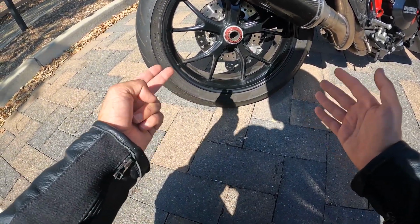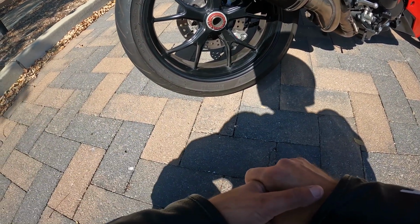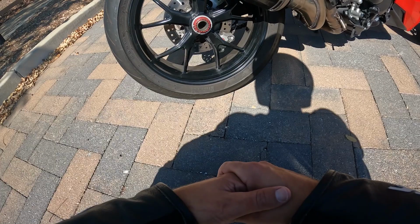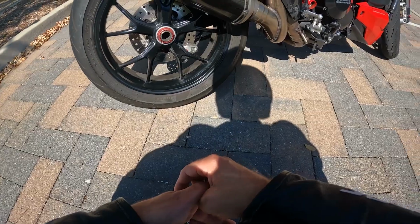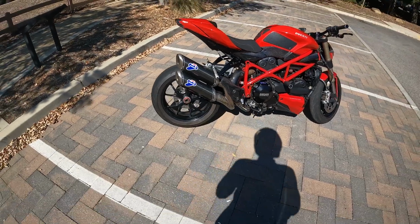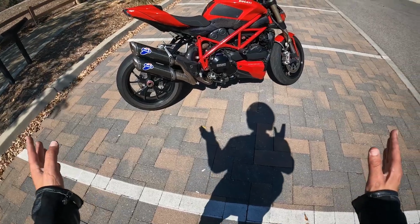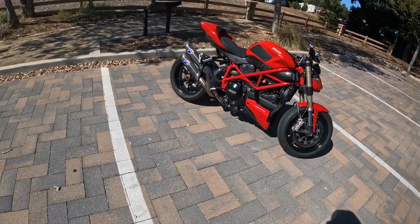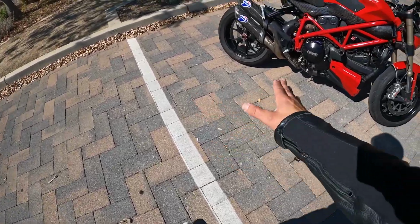wheels in the back, which are heavier. They're not forged aluminum. I think they're cast. They're cool wheels, but I wish there was an option, which I'll get to, that they would have done for this bike, like the Marchesini wheels that the 1098S has. So having some forged aluminum wheels would have been a plus for this bike. I think this bike needs it. Well, it doesn't need it, but I think it would benefit from it greatly. And plus, they just look good. So